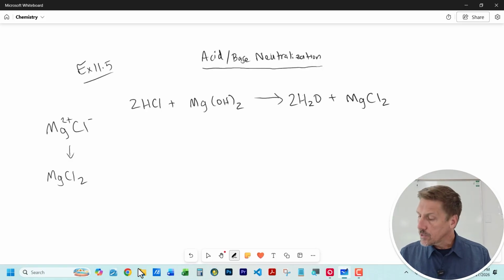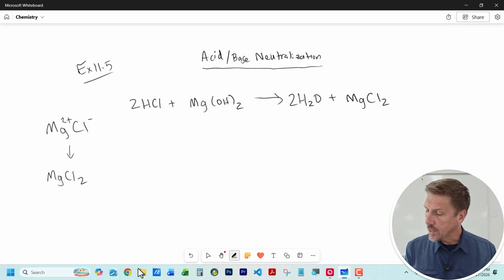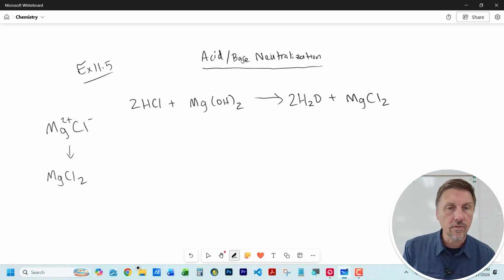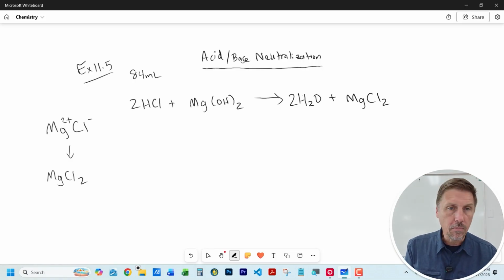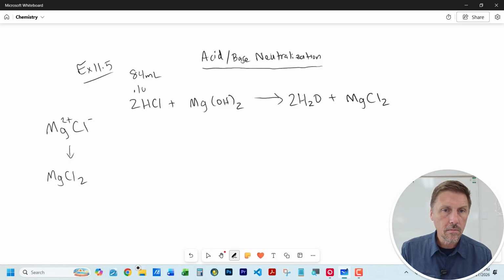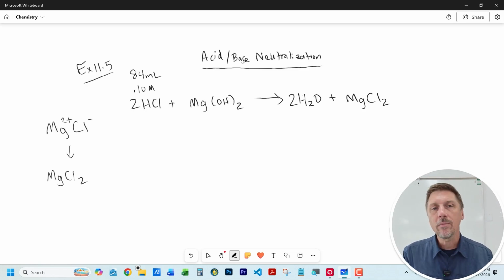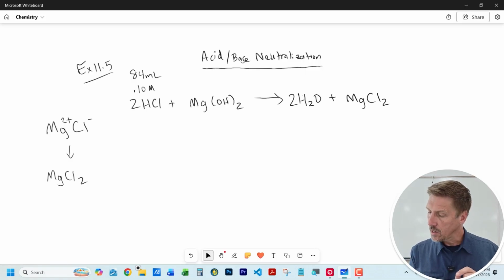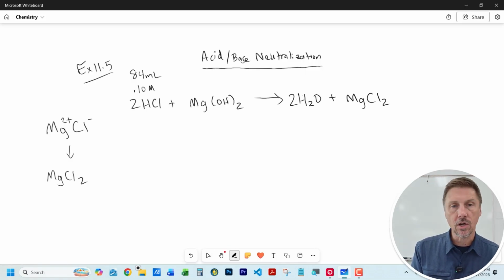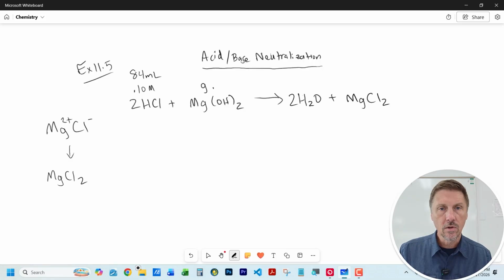Okay, so now what they told us at the beginning of the problem was that the stomach overproduces this hydrochloric acid. And how much does it overproduce? Well, it produces 84 milliliters of hydrochloric acid. And it is a 0.1 molar solution of hydrochloric acid, all right? Now, why do we need this? All right, so here's our goal. The question is, how many grams of Mg(OH)2, how many grams of this will be necessary to neutralize this amount